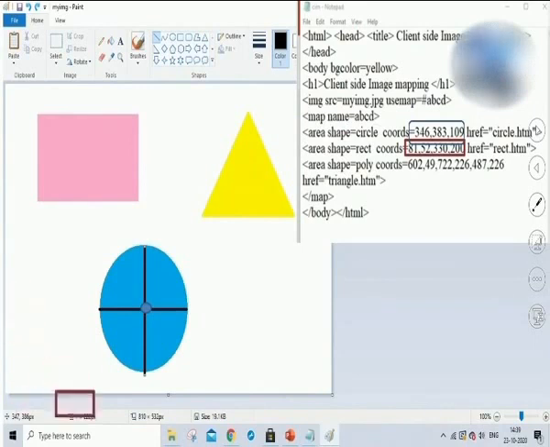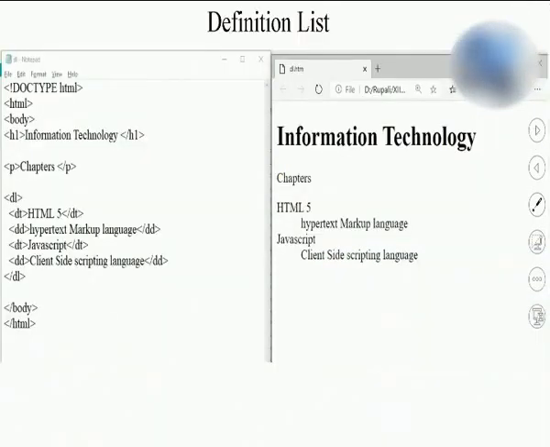So let us go for the next topic, which is the definition list, in the first chapter. Along with the ordered list and unordered list, you have the definition list, which has DL, DT, DD and DT tags over here. If you want to write out a data definition over here, this is the HTML file with the data definition, and these are the contents for that. So these are the tags used for it. If you write the code like this, you will get the output like this. So this tag is also important from the point of view of examination.